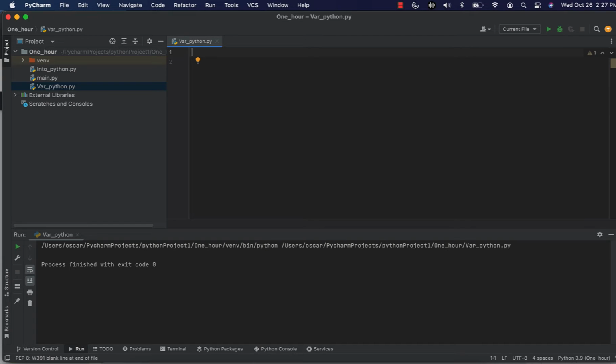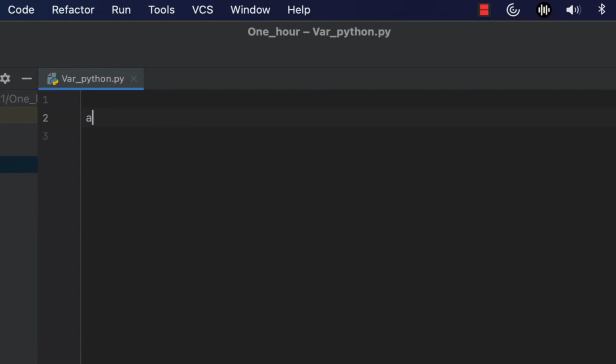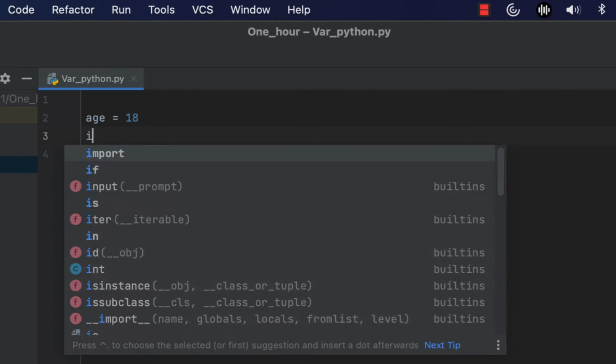Let's go for the if statement. All the languages have it. Let me find out the syntax for Python. So in Python, I create a variable, in this case, I say, for example, age. Let me set it to 18, and then I say that if